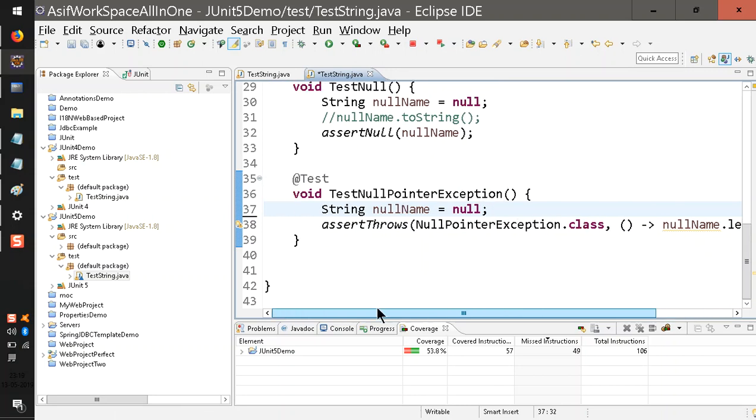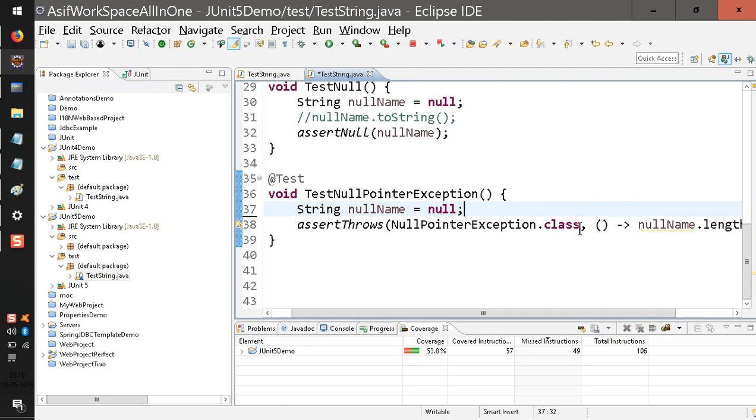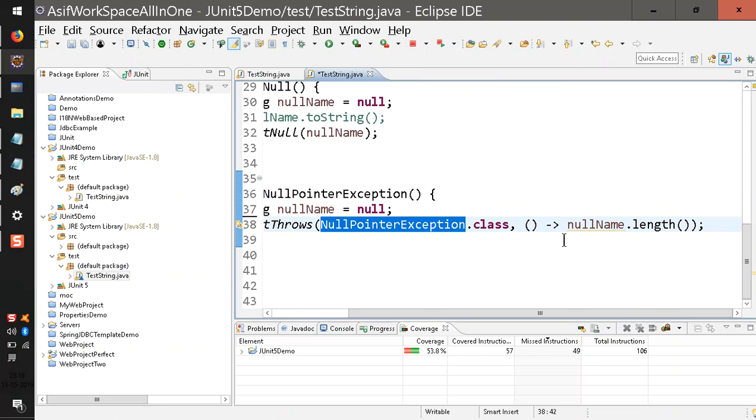Let me check this. Select this method, right click, say run as JUnit. Yeah, it's green. Green is for the pass, and you can see the null pointer exception is successfully run. Okay, fine. So let me talk about one more annotation. Till now we have seen only test. Let me talk about one more annotation. That is the